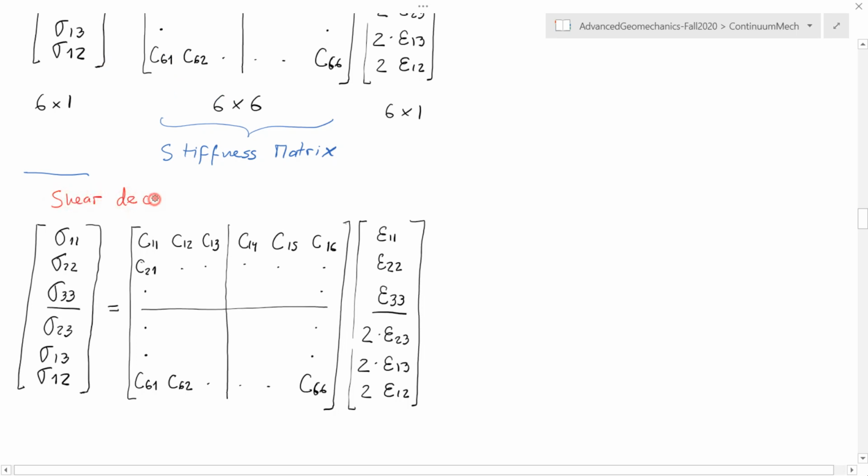The shear decoupling principle states that normal stresses cannot produce a shear strain. So, as a result of that, normal versus shear, there is not going to be